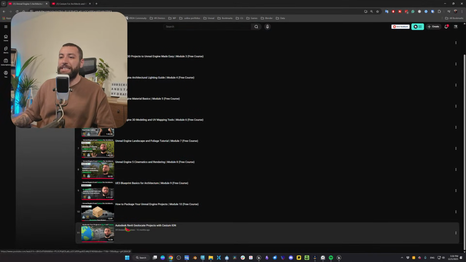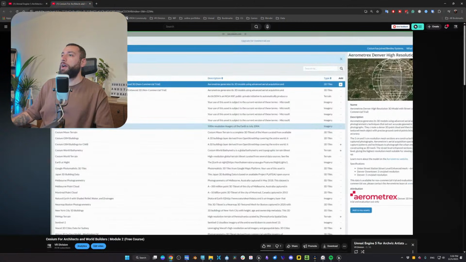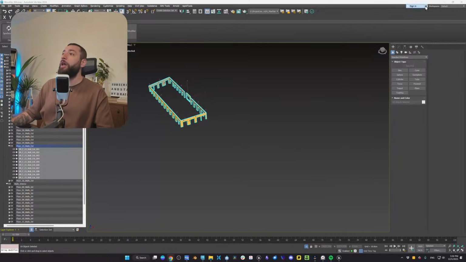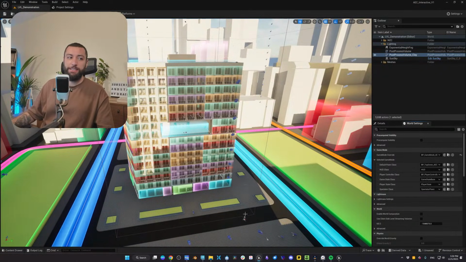There is also this lesson on Autodesk Revit on how to geolocate your projects with Cesium ion, and this is for the most accurate geolocation. I wonder if anyone else is using Cesium, let us know in the chat or in the comments. And I plan on expanding the template we have here for better use with Cesium.